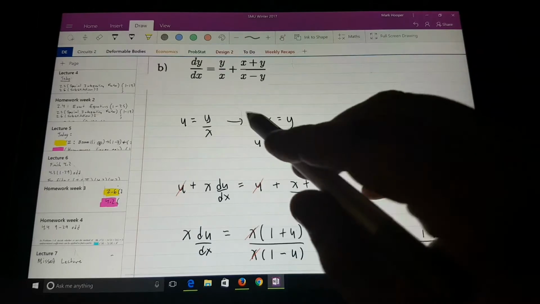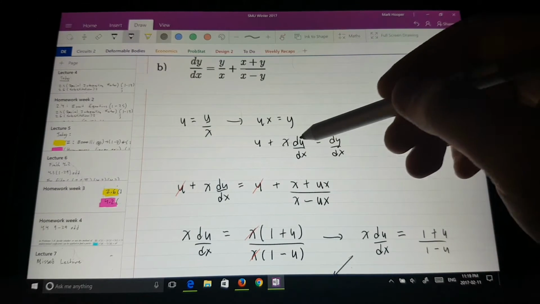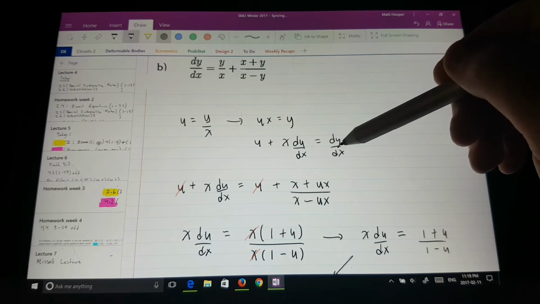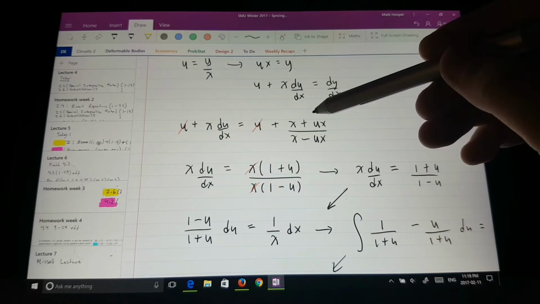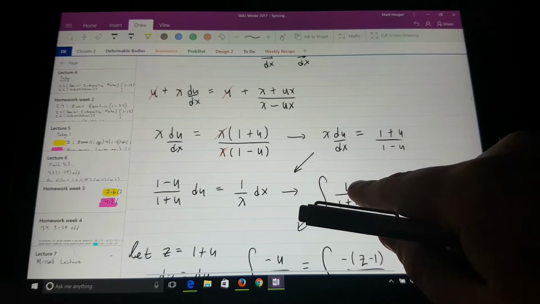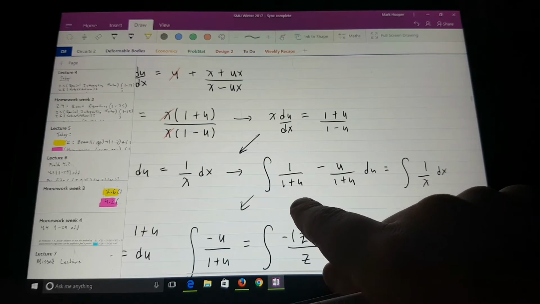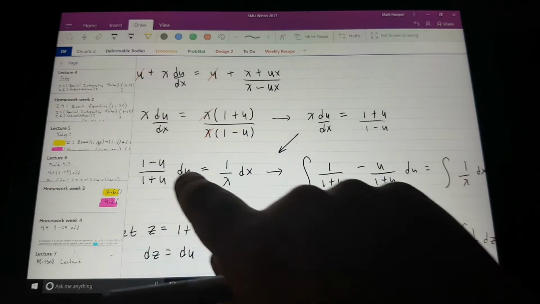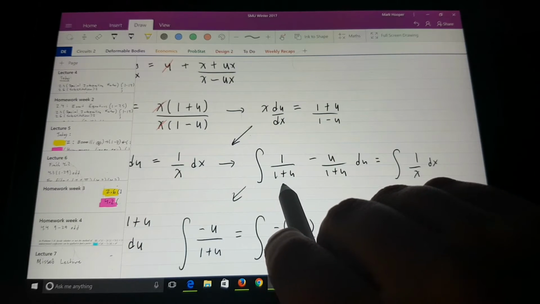All right, so we're going to do this, and then we do our implicit differentiation. This is the exact same thing we did before. Cancel out the u's, and now we can factor out an x and get that to cancel. Now we've got ourselves a separable equation that we can integrate. So I took this fraction and split it up as usual. So this is going to be